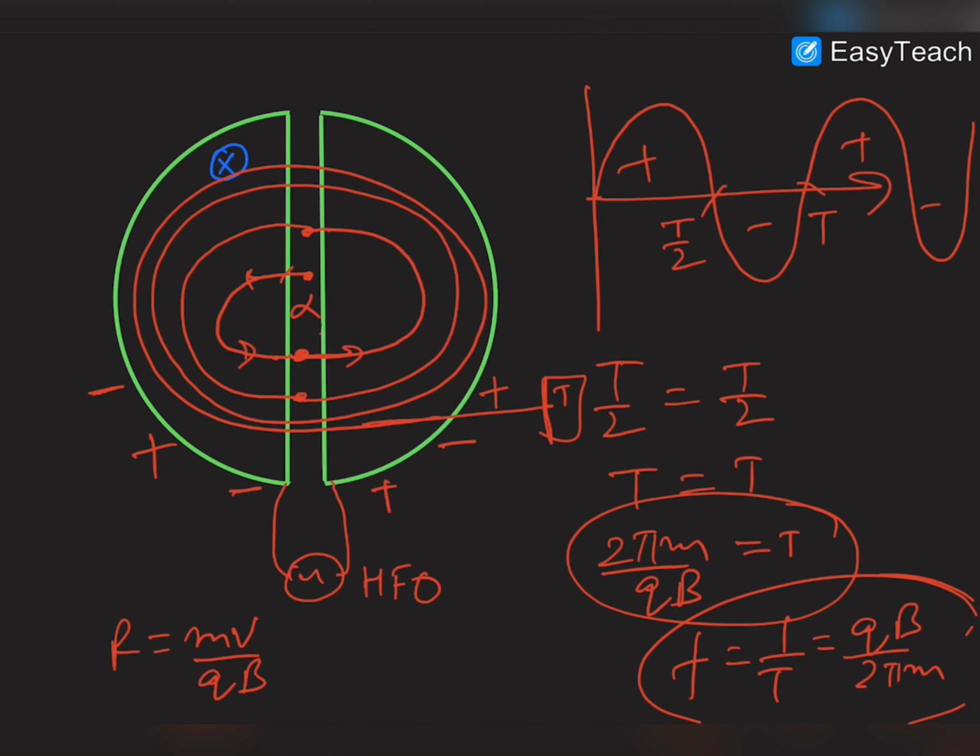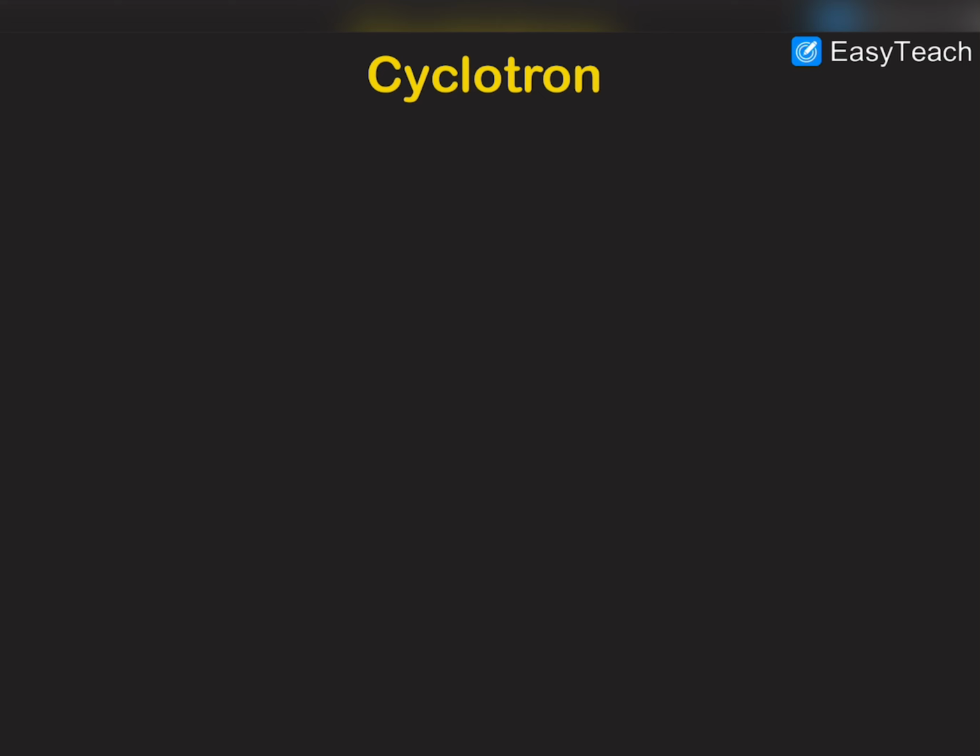So we can say that this external source, which is high frequency oscillator, is providing some constant periodic energy to the particle. As soon as it emerges between the gap, it provides an impulse due to which its radius and its speed increases, but its frequency remains same. So this is the resonance condition